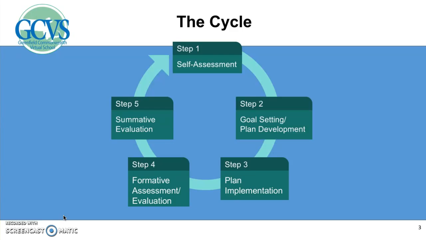From there, educators move into Step 2, using that analysis to develop goals and a plan to address them. Once educator and evaluator agree to the plan, Step 3 begins the process of taking the action steps identified in the plan to improve practice. Step 4 is an intermediary step in the process. From there, the plan implementation continues to the moment of the summative evaluation, where progress on goals and performance against standards of practice are measured with recommendations that will feed into the cycle as it begins again.